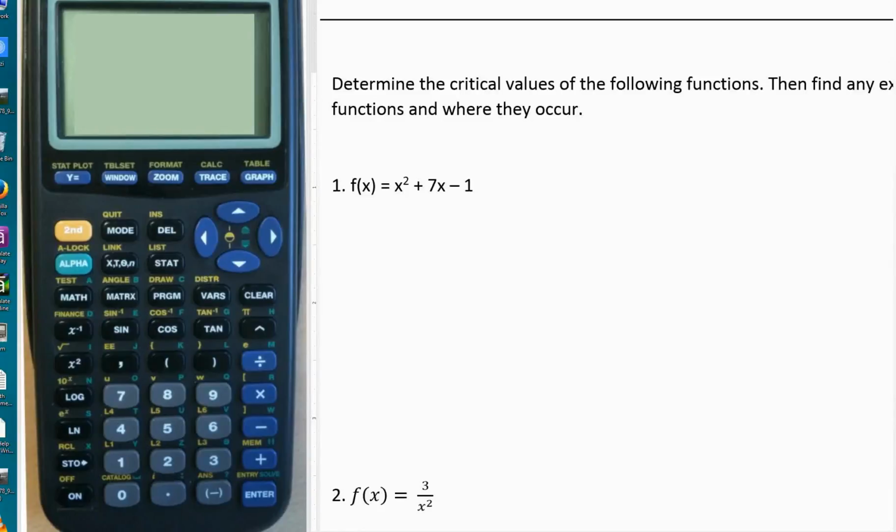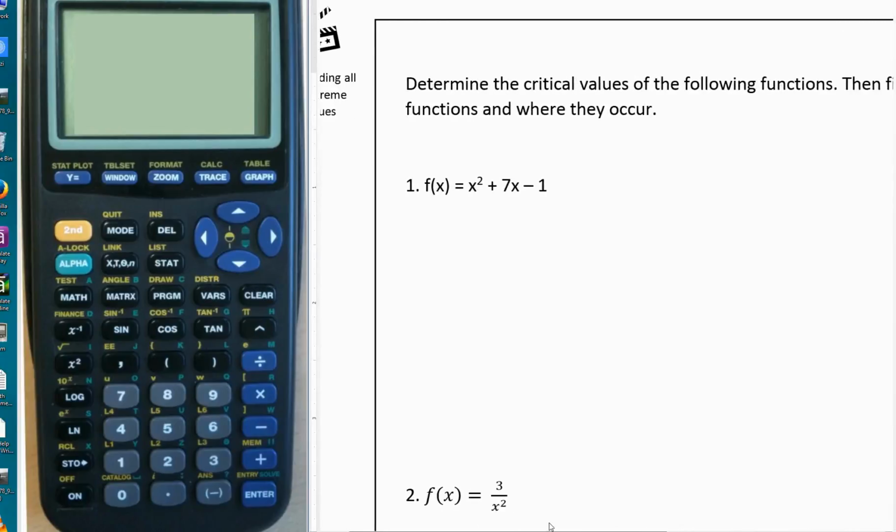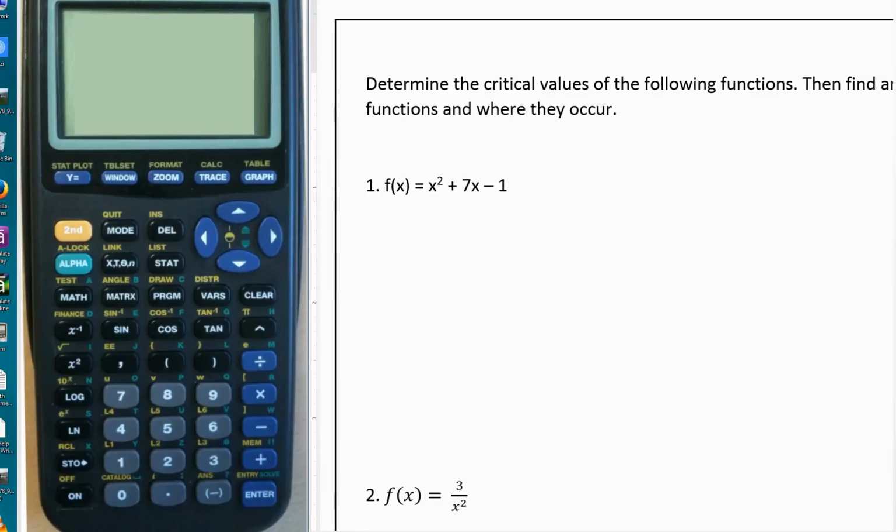Okay, we're going to do a couple of examples here. So this says determine the critical values of the following functions. Then find any extreme values of the functions and where they occur. Okay, so remember critical values